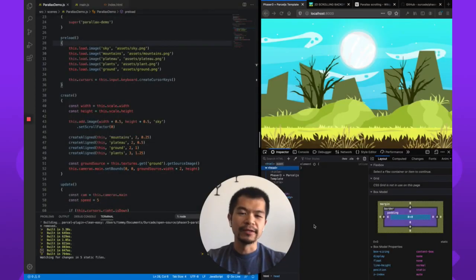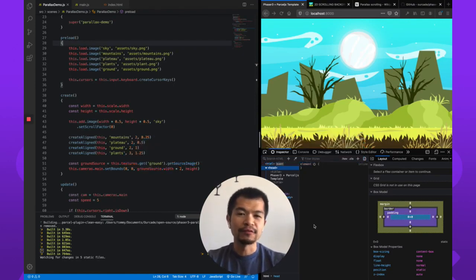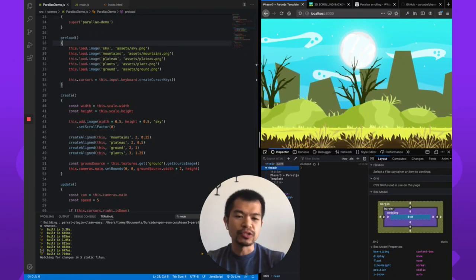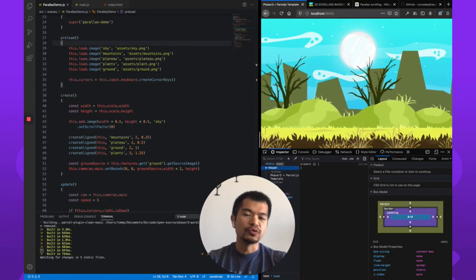Welcome back to Arcade. I am Super Tommy, and in this video, we're going to do a parallax background in Phaser 3. So a parallax background looks like this if you're not familiar. You've probably seen this in games before, where we use different layers to create a depth effect when you scroll